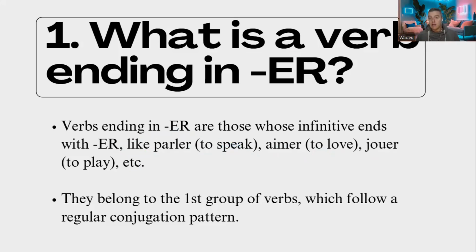Then those verbs belong to the first group. So in French language, for the verbs, we have three groups. First group, second group, and then the third group is more exceptions, but that's something we're gonna see later. So the first group is all those er verbs. Of course, there is an exception. For example, the verb to go, aller, which is an er verb, but it's an exception. But that's the topic for another lesson. Okay, so remember that in French language about verbs, there are three groups. First group, er verbs. Second group, we're gonna see that later. And third group is for all the exceptions.